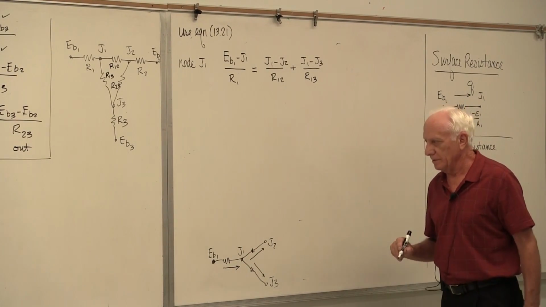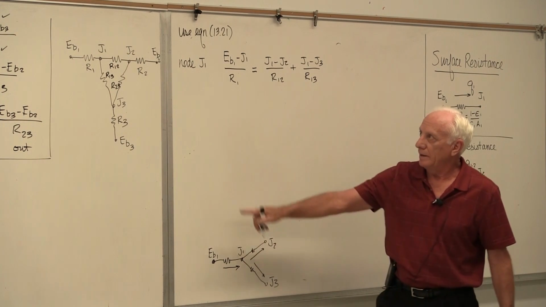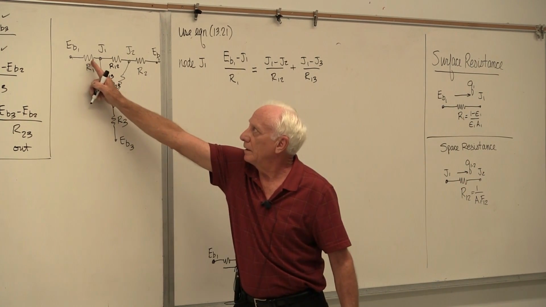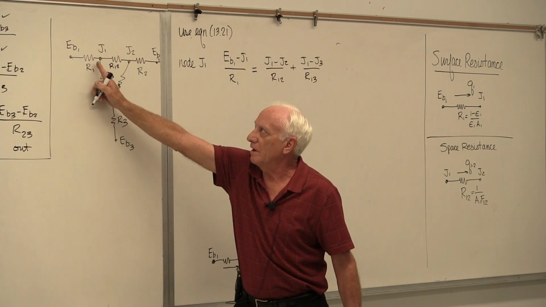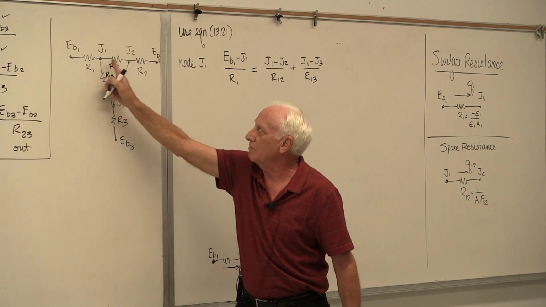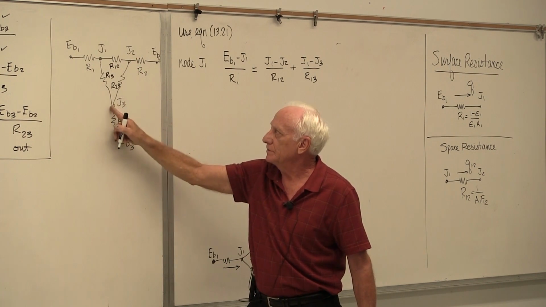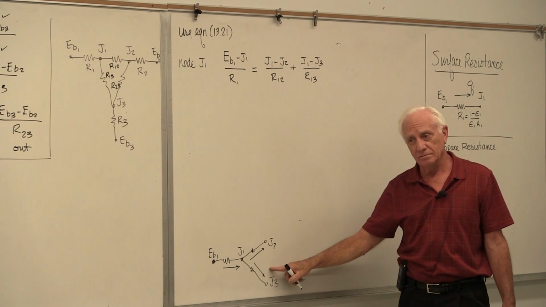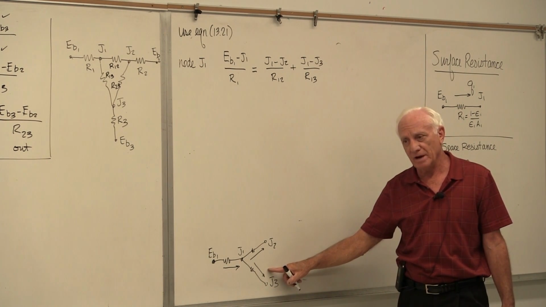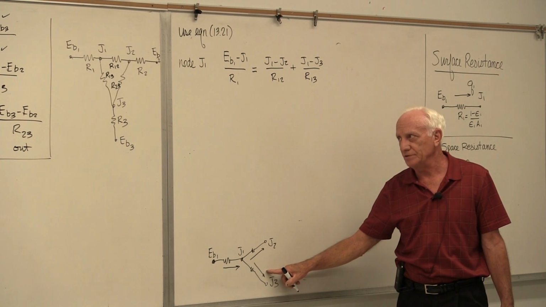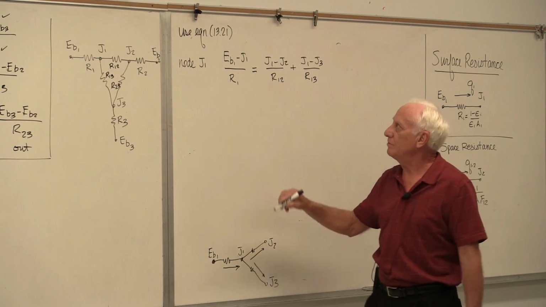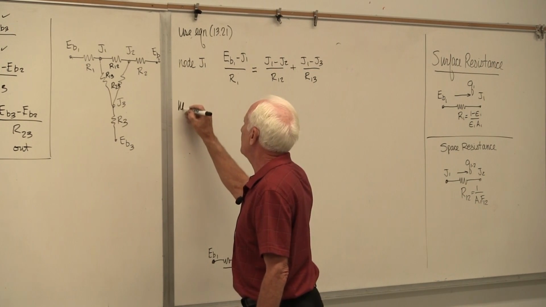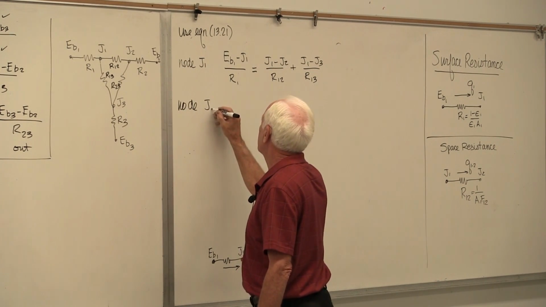So there's the picture. The heat that comes in to node J3 from the surface 1 goes out, some to surface 2, some to surface 3. Are those directions right? I don't know. I'll find out when I'm done if they're right or not, but for right now, that's what you say. Now you write the next equation for node J2.